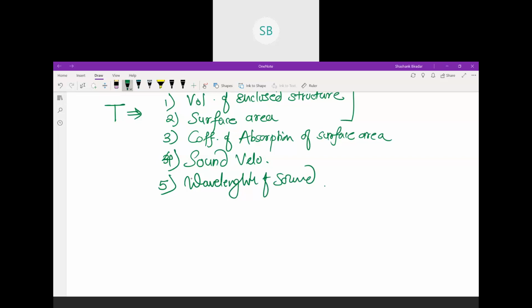So a reverberation time, if adjusted properly, will improve the acoustics in the room. Based upon what kind of sound you want to listen to, for that purpose you need to adjust the reverberation time so that it could give a very nice effect for the listener. So considering all these factors,